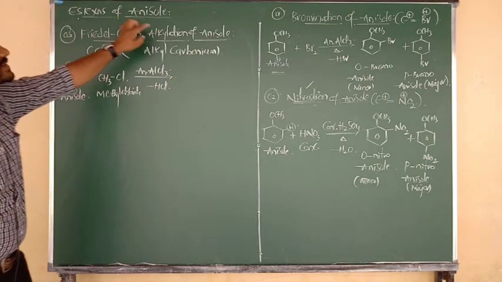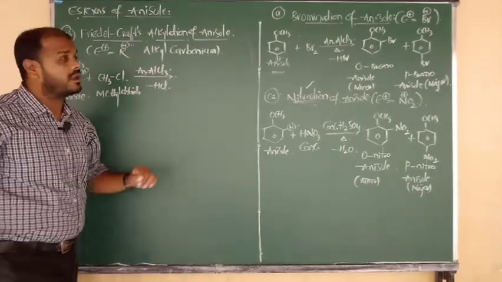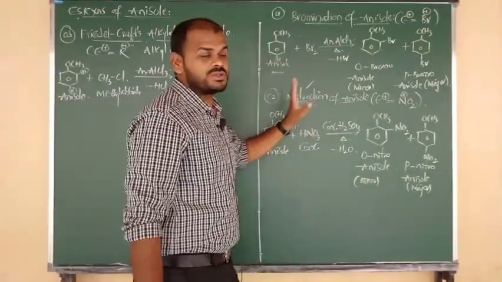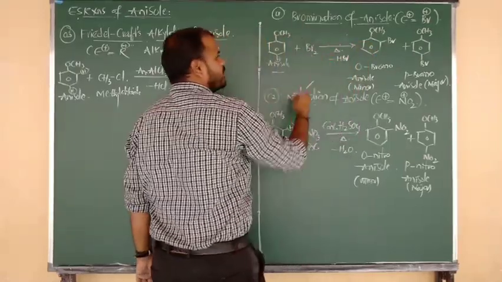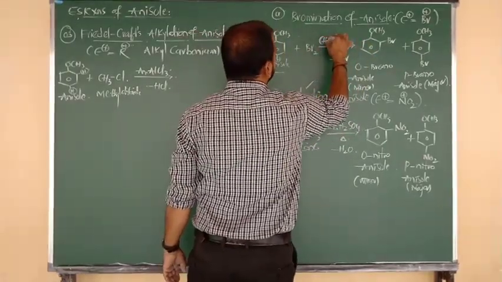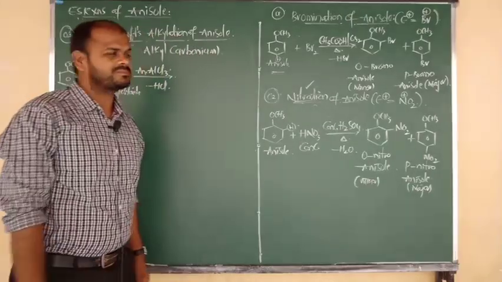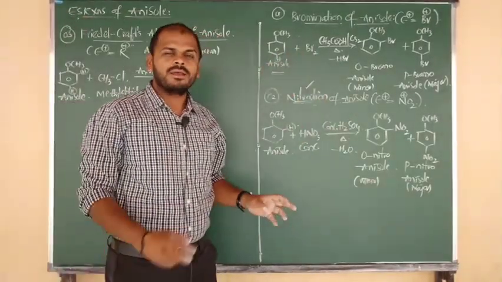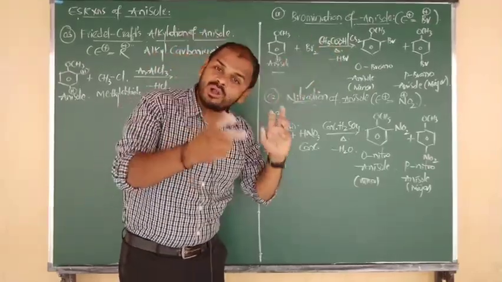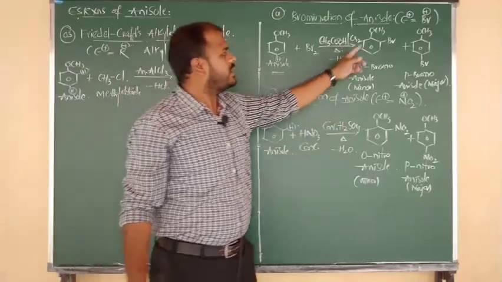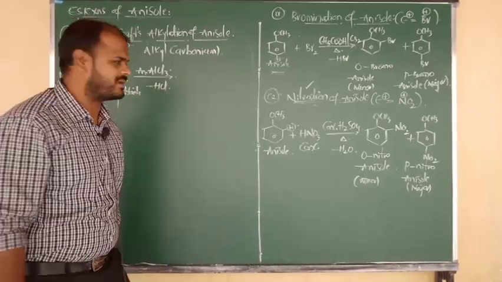Okay. So in Friedel-Crafts reaction, which catalyst we have to be used beta? Anhydrous AlCl3. And what about in bromination of anisole? Sorry beta, in bromination of anisole, not anhydrous AlCl3. Anisole upon reaction with bromine in presence of CS2 or ethanoic acid or acetic acid, and if you want you can consider CCl4 also. That gives orthobromo anisole and parabromo anisole. The catalyst changed there. Try to remember that. Good.